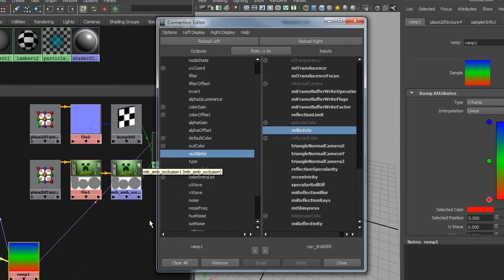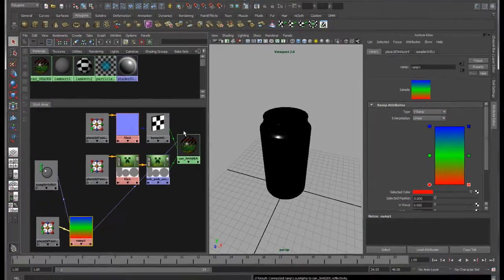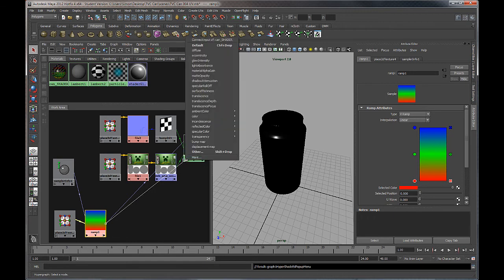Now I'm just going to do that again with the right mouse button version, just so that people that have got a dodgy mouse can do that. So I'll right click here on the ramp and I'll select out alpha, and then I'll click up here on the CAN shader input area,